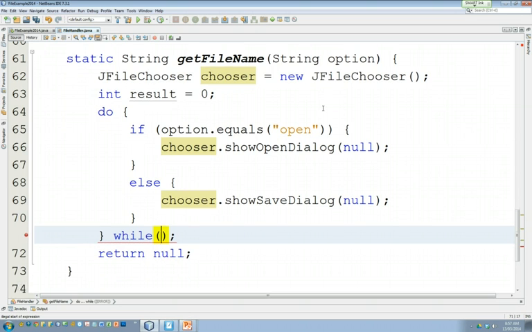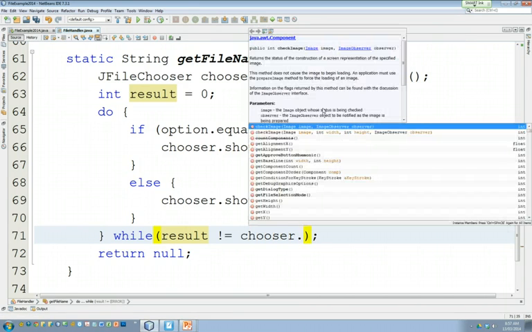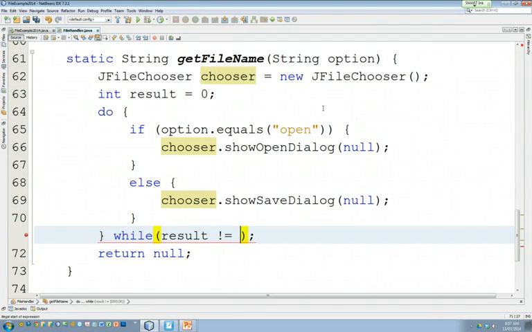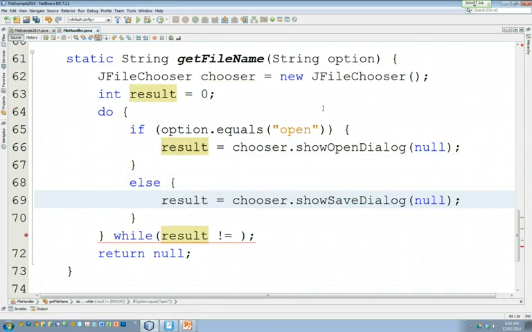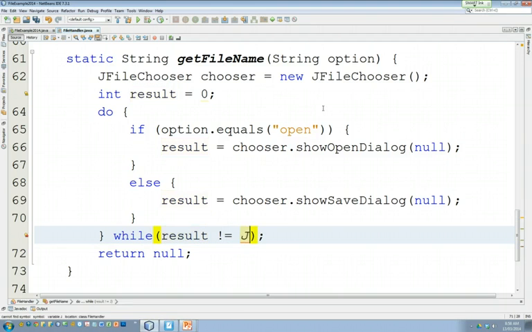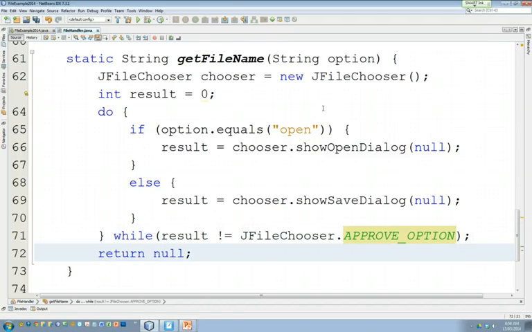Now we need something to control our loop. And the way we control our loop is with this thing, result. We actually have to use the result. So we have to say result equals chooser.show dialog. So what comes back from the show dialog is a result. And as long as the result is not JFileChooser dot approve,